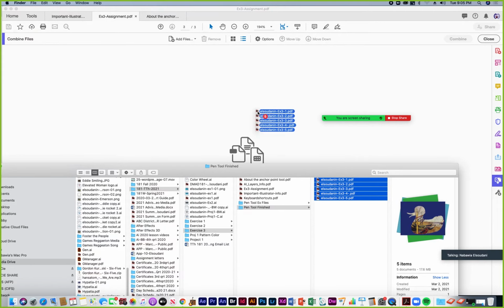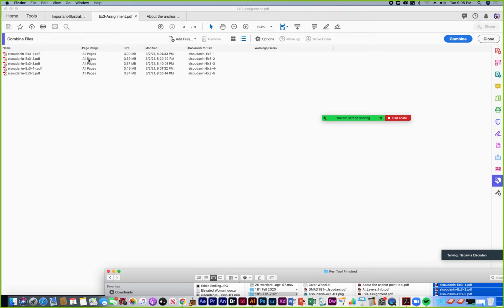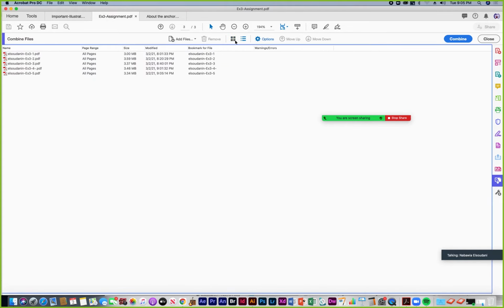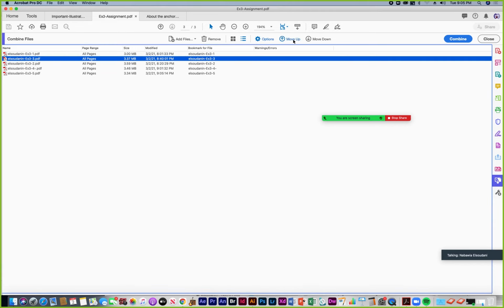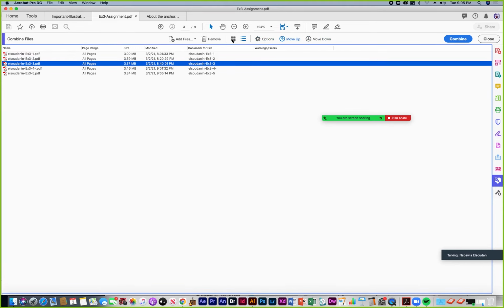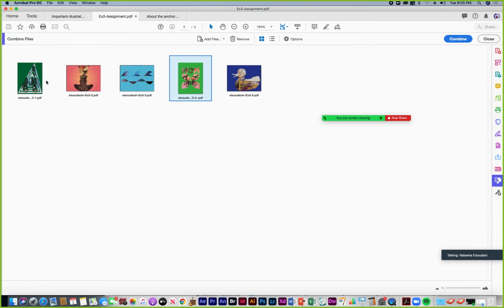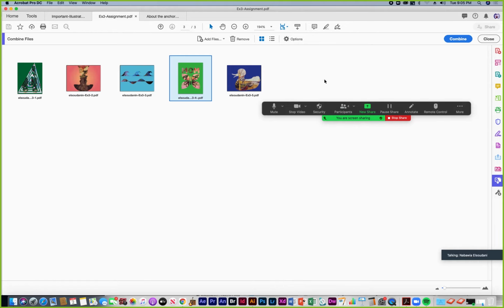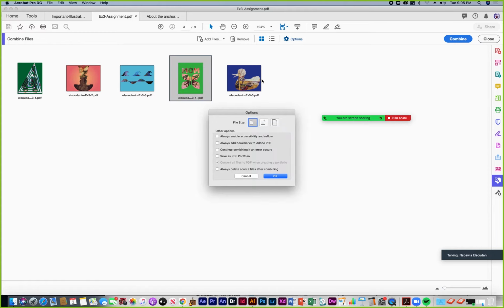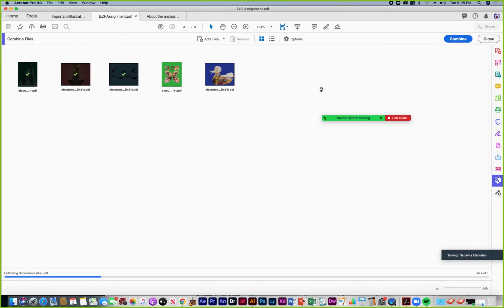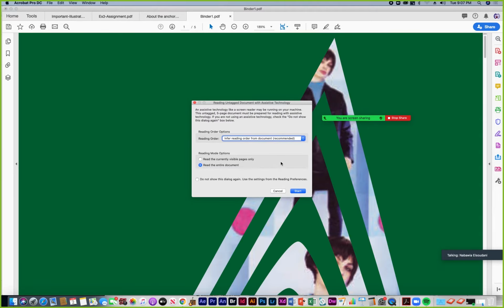I'm just going to drag them and drop them in, and then you can go to your icon view or your list view and change the order if you want, moving up or down. I like to be in icon view, and you can change the order by dragging them around. And then there are options for settings too. The smallest file size is fine, you can just leave the defaults, and then click combine, and then it'll combine all 7 of your